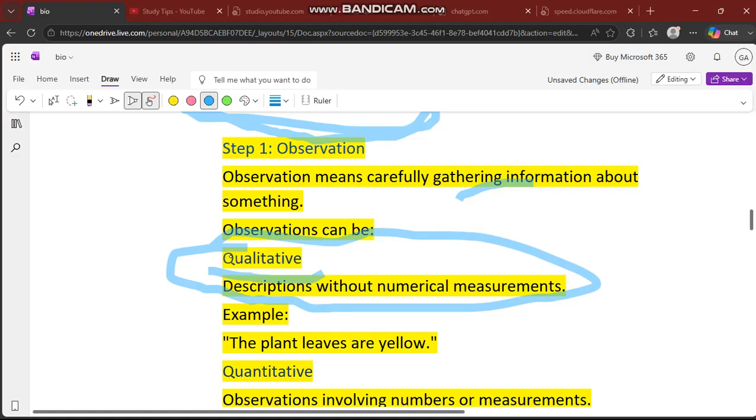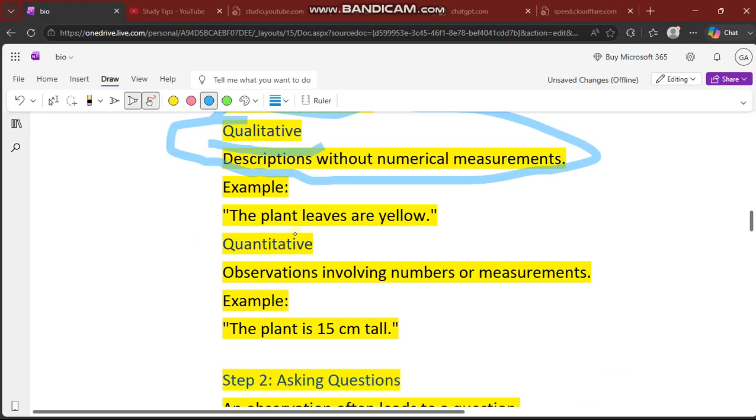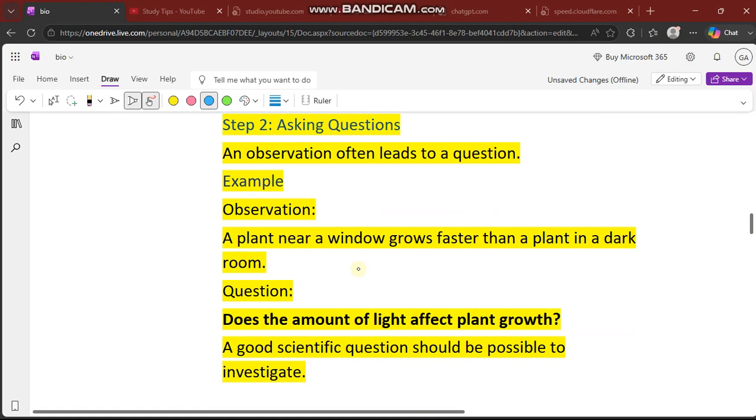qualitative የምንለው qualitative አይነታዊ ማለት ነው quantitative ሲሆን ደግሞ ቁጥራዊ መጠናዊ በቁጥር ሊገለጽ የሚችል ነገር ነው ማለት ነው so የኦብዘርቬሽናችን ምን ሊሆን ይችላል qualitative description without numerical measurements example the plant leaves are yellow as I said before what yellow ማለት እንደዛ ማለት ይችላል after ደግሞ quantitative ይሆናል quantitative by number described by number observation involving numbers or measurements example the plant is 15 centimeter tall ማለት እንችላለን ማለት ነው this is called observation as qualitative and as quantitative observation በዚህ way መሰብሰብ እንችላለን gathering information called what observation ማለት ነው